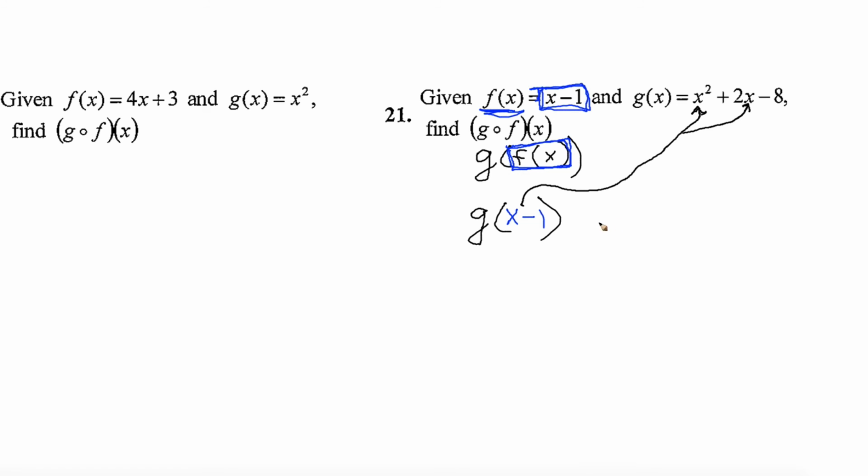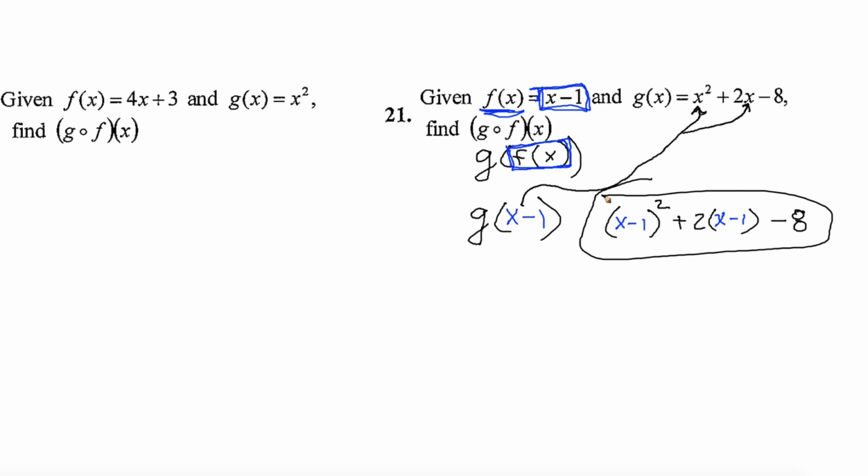So g of x is x squared, so this x minus 1 squared plus 2 times x. What is x? X minus 1 minus 8. Okay, and I don't know how to simplify that. I mean, I'd accept this answer if you want to give me this answer, because I haven't taught you how to simplify that,